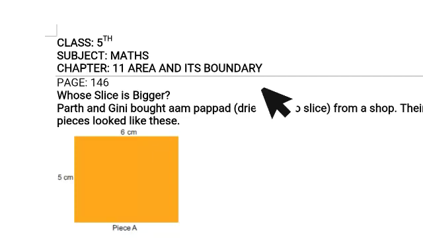If we want to find the area of a rectangle, we have to multiply length and breadth, and if you want to find the area of a square, it is side into side, means side square. For example, the length of the side is 60, so 60 into 60. And for a rectangle, for example, length is 20 and breadth is 30, so 20 into 30. So these two formulas are the most important which you have to study for this chapter.